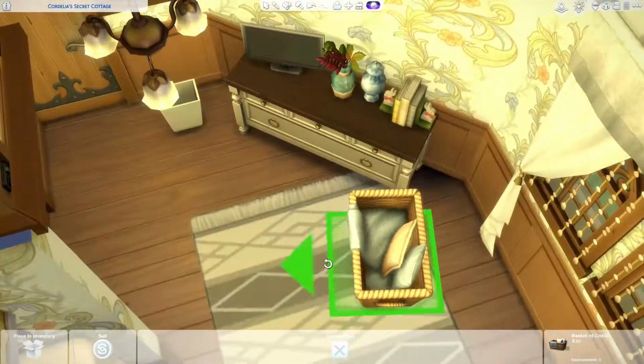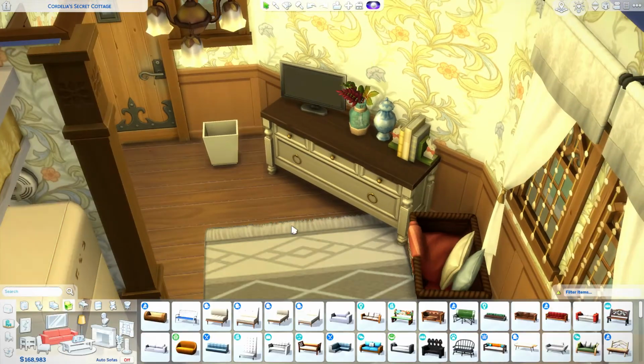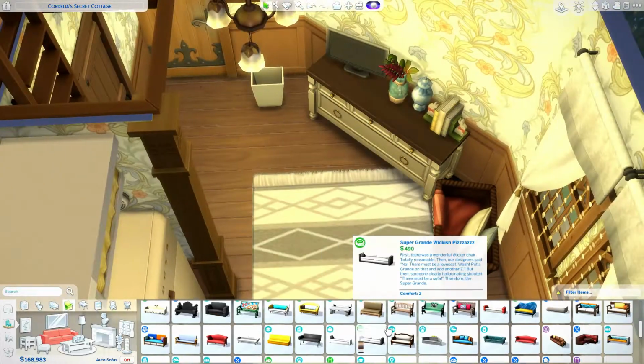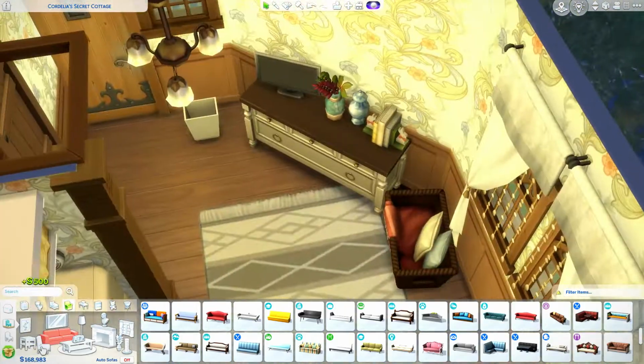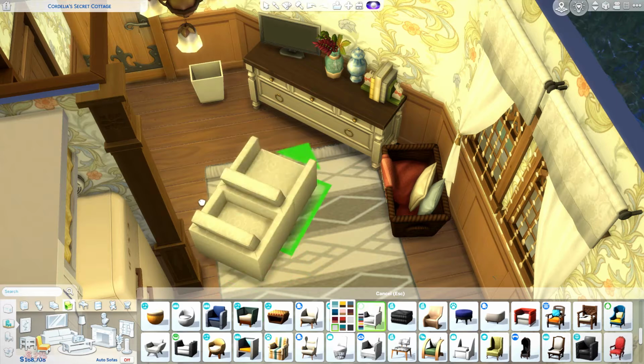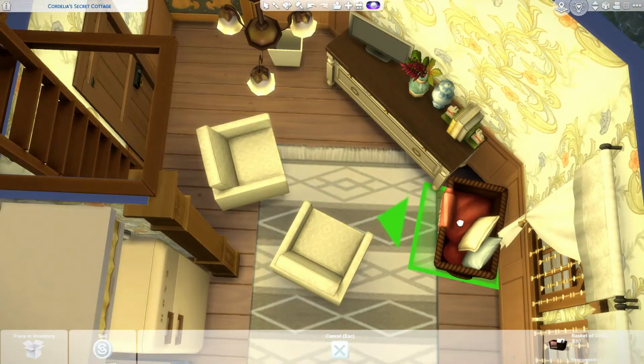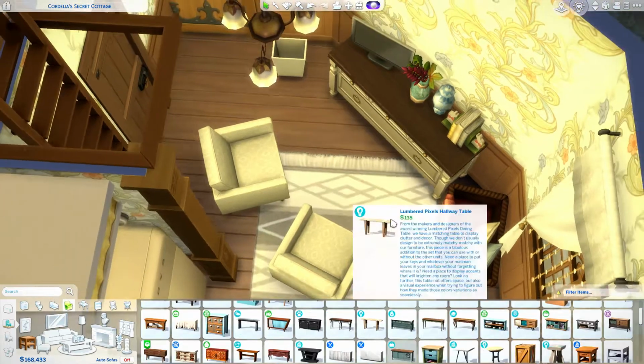And I also did a little corner area in the kitchen with the jars and the little coffee pot and other things that I think look really cute. Moving on to the living area, we had this little end table with a TV and some books and a little urn